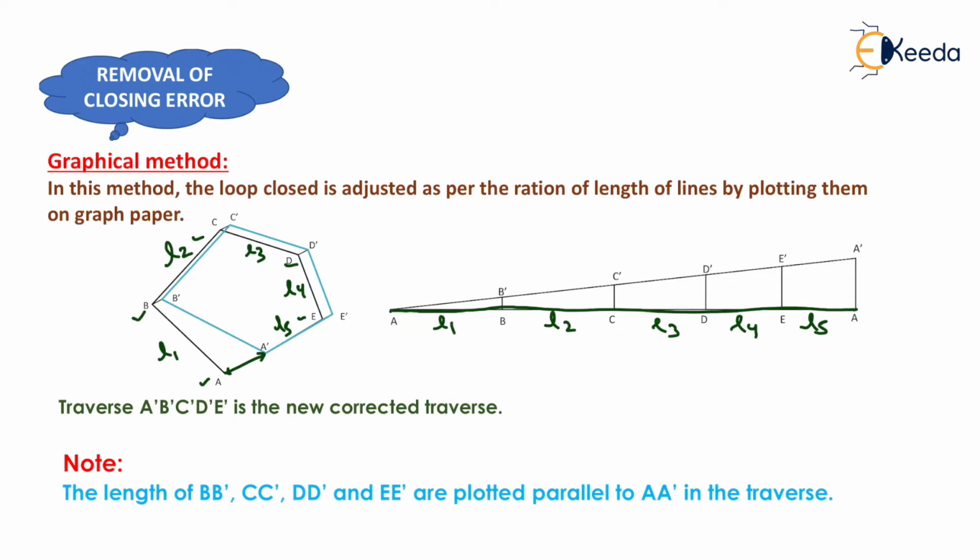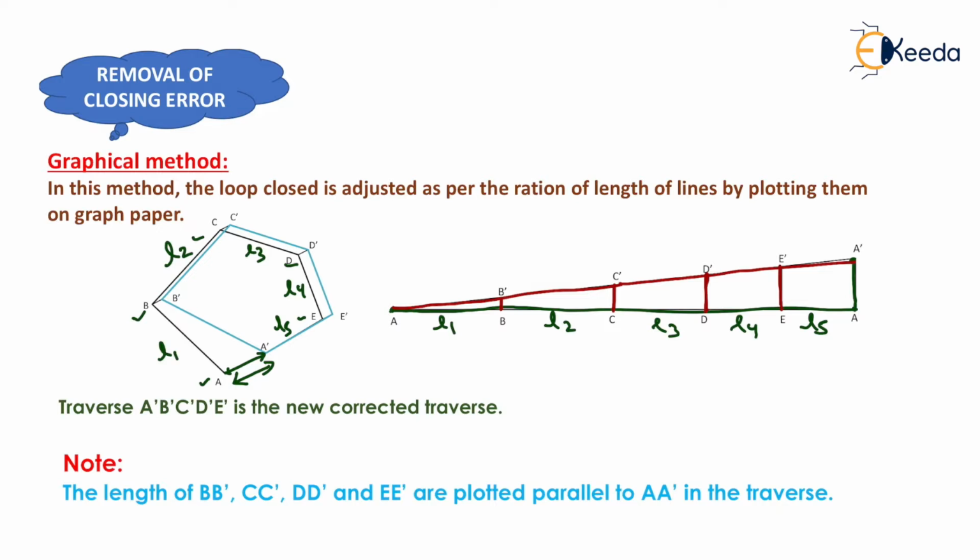Now with the help of drafter we can measure the distance AA dash, that is this distance, and we will draw a perpendicular line equal to the length of AA dash here, and we will join the first point and the last point by a straight line, that is like this. Okay students, now from B we will draw a perpendicular line, that is BB dash. From C we will draw a perpendicular line, that is CC dash, DD dash and EE dash. Now we will measure all the distances, that is BB dash, CC dash, DD dash, EE dash.